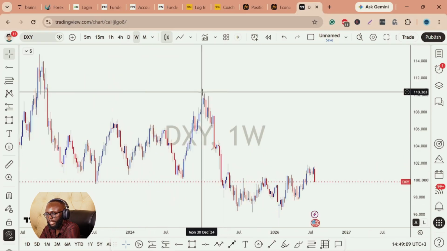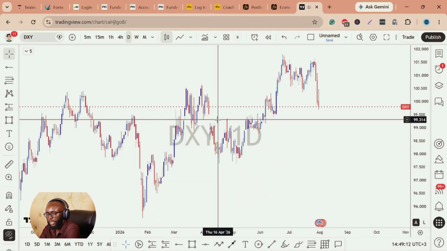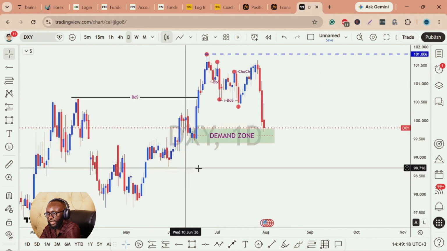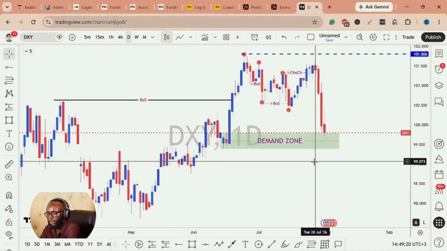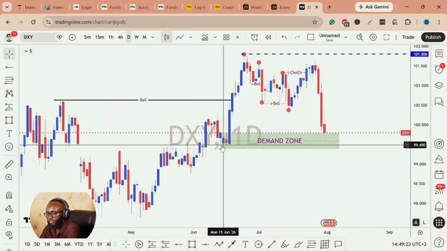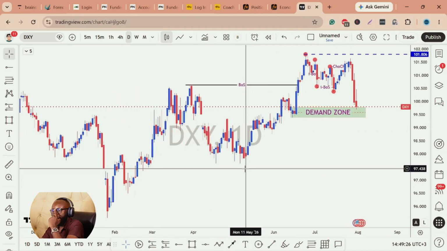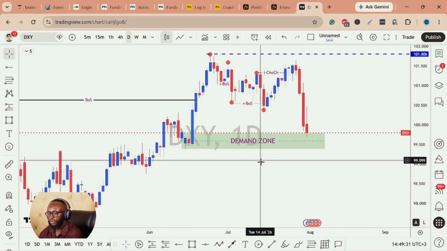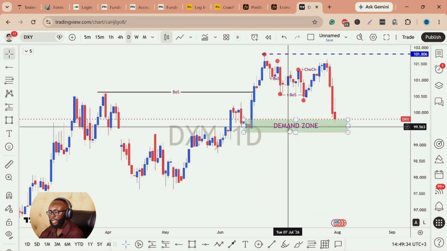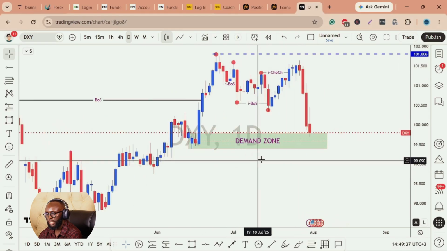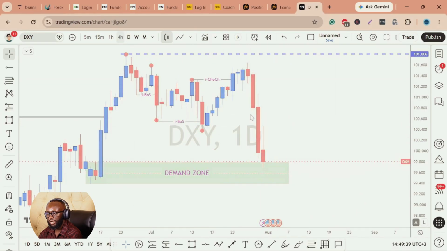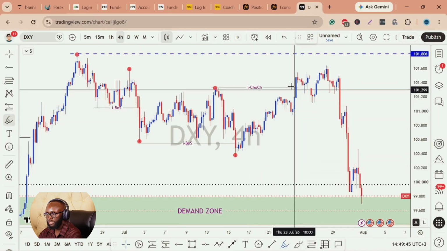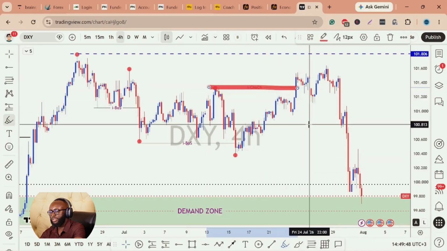Now, if we come to the daily time frame, you will realize that the market is again reacting from that particular order block, which is also very clear and visible from the daily time frame. Looking at the previous analysis, we've always been projecting for a bullish dollar, and I think time is ripe now to see the dollar going higher. Let me just recap what we were looking at initially. Once the market broke out of this range over here, so once we had this breakout,